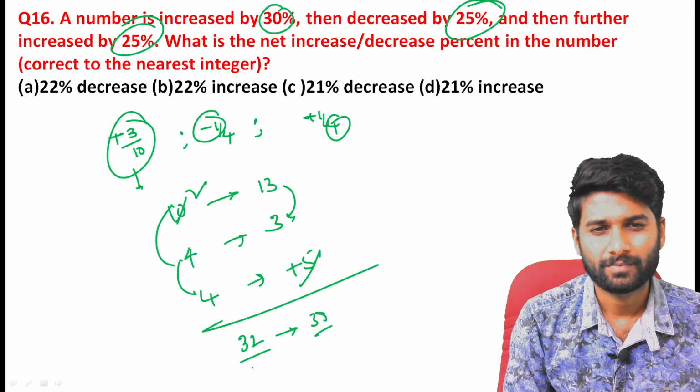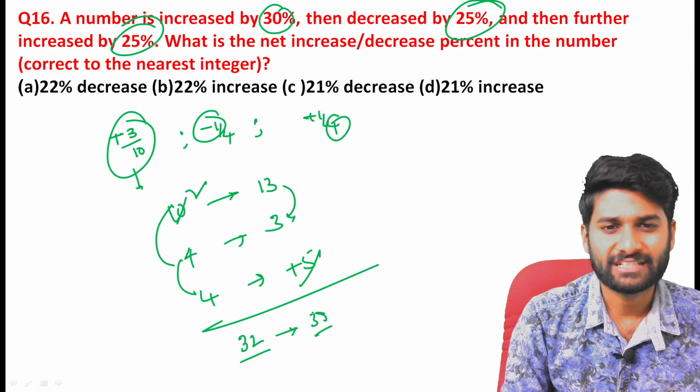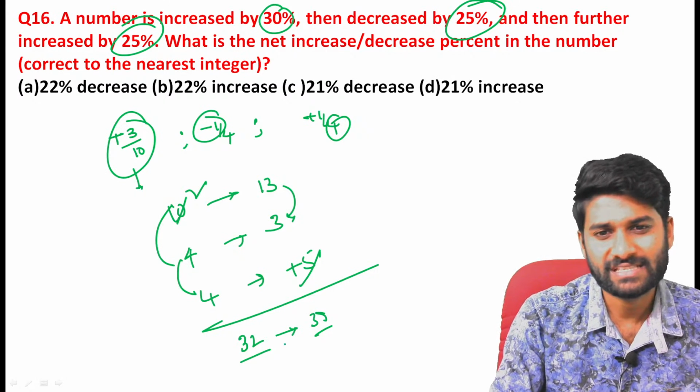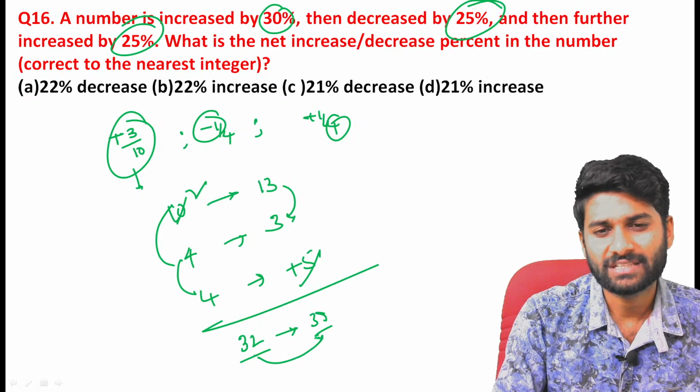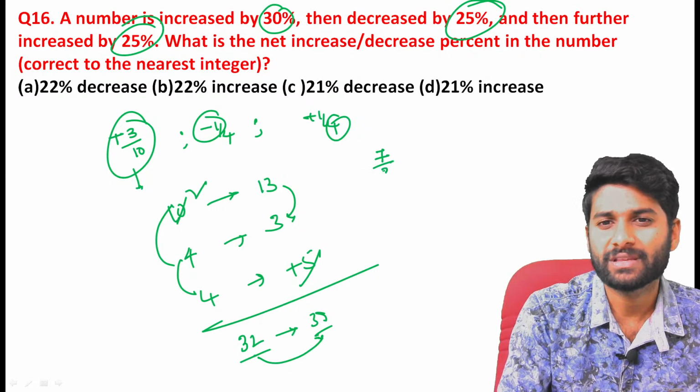Now see, 32 becomes 39. Guys, see how much percentage it increases. 32 becomes 39. It increases by exactly 7 units by 32 into